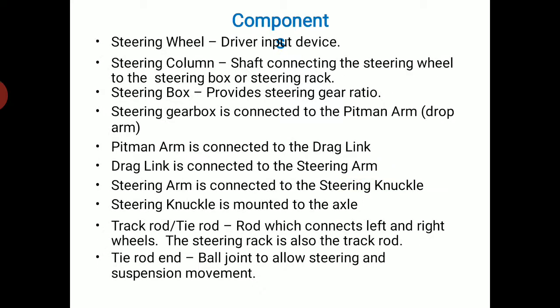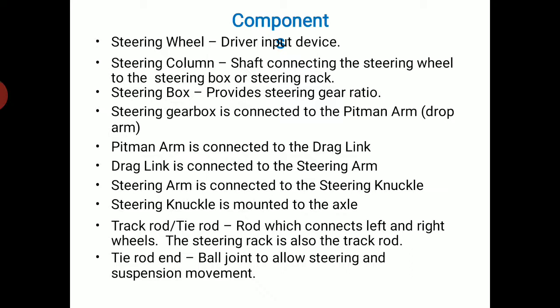So what are the components of this steering? One, there will be the steering wheel, steering column, the driver input device. This is very important. What is the steering wheel? If I apply it to a steering gear, it is the heart of the steering system, and the driver controls the direction of the front wheels with the steering gear. It converts rotary motion of the steering wheel into to-and-fro motion of the link rod of the steering linkage, which in turn swivels the front wheels. That is called exactly the steering box or steering gears.